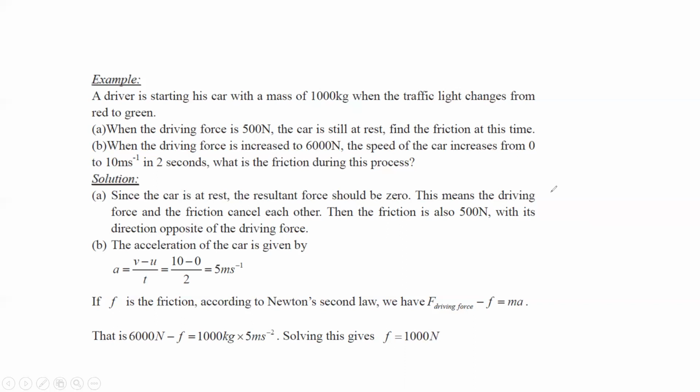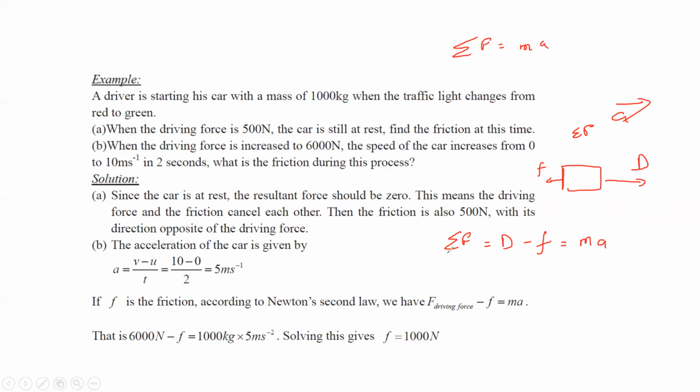First we write the statement here that the driving force minus the friction force is equal to the resultant force. So we can say resultant force is equal to driving minus friction. As the object is moving, the driving force is higher than the friction. And according to Newton's second law, the resultant force is equal to ma. So driving force minus friction force must equal ma.